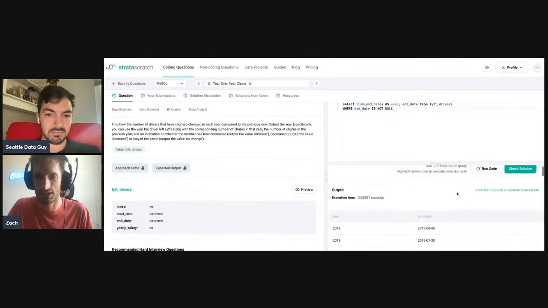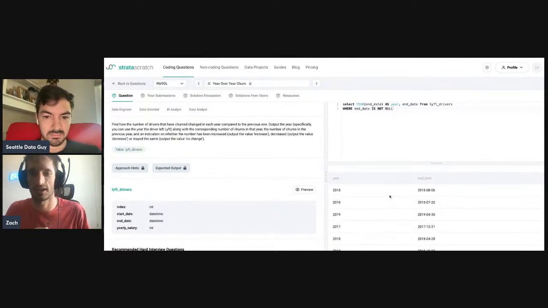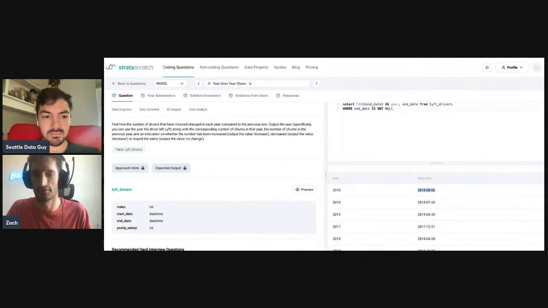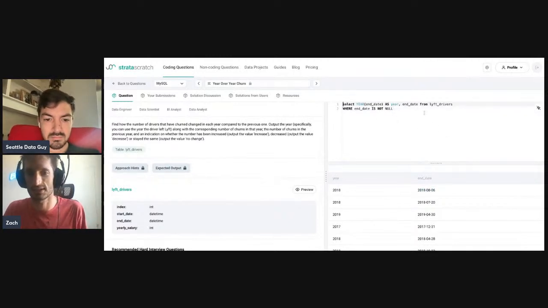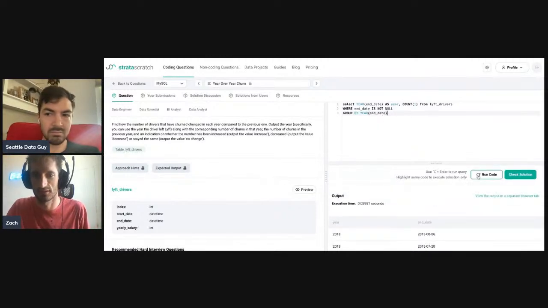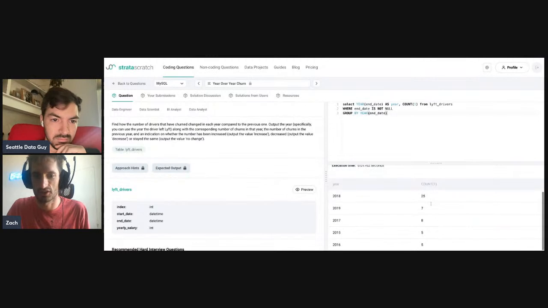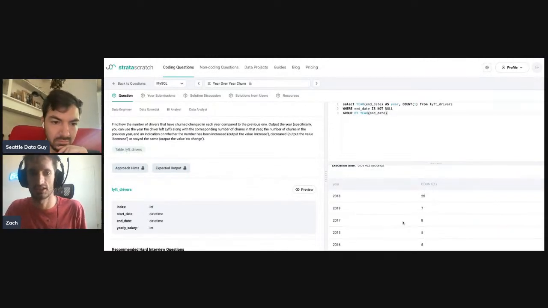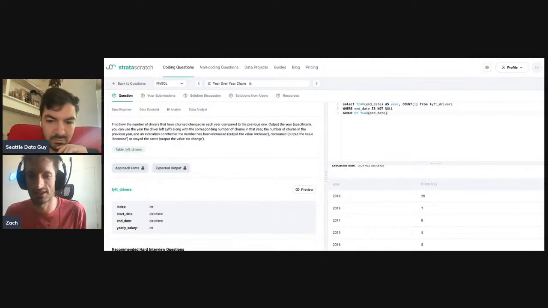So this should give us the year and then the amount of churn that they have, right? This is going to be the number of people who are doing that. So in this case, this is pretty close. What we want to do here is put a count 1, and then group by year. This will give us a very small amount of data now. So this is the amount of churn that we've seen year over year. But the problem here is we need to